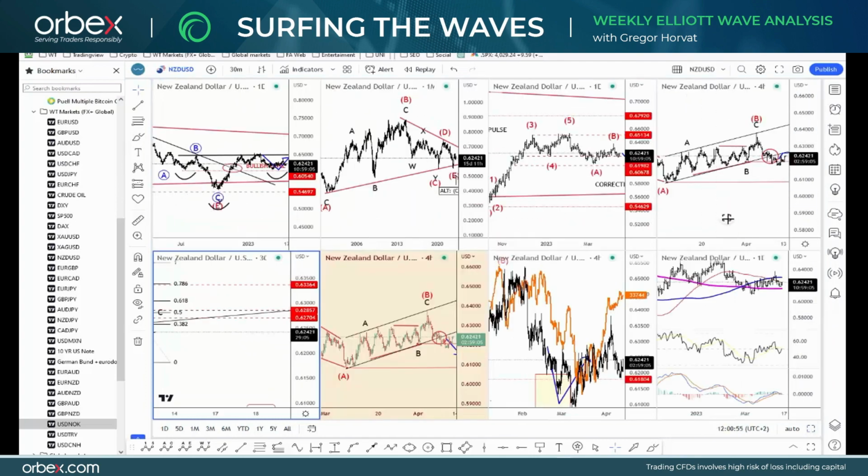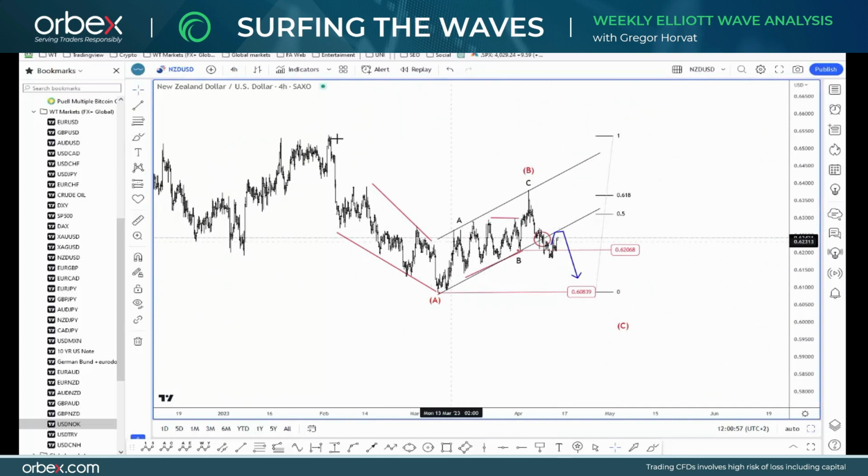Looking at this 4-hour chart, notice that there is a very nice sell-off with some overlaps here, not the perfect bearish price action, not the strong one, but still it can be counted as a 5 waves leading diagonal for a wave A. So afterwards we have seen only a 3-wave rise,